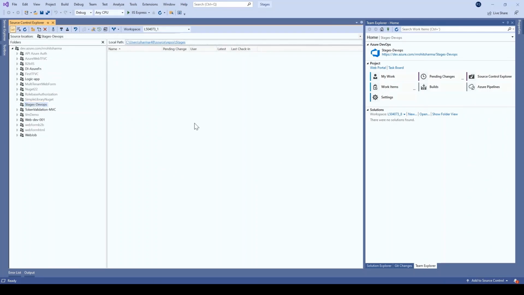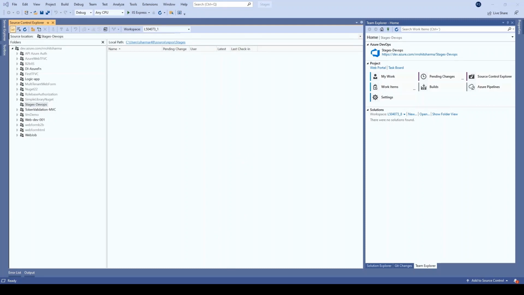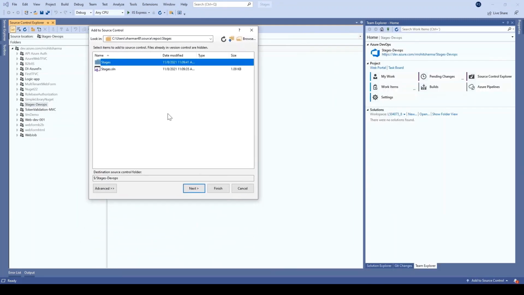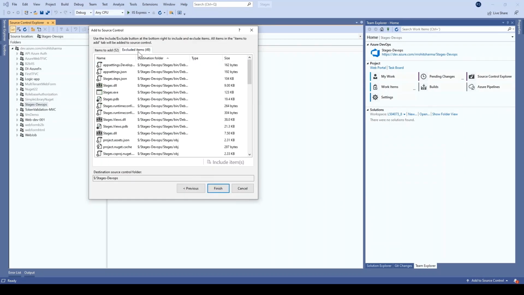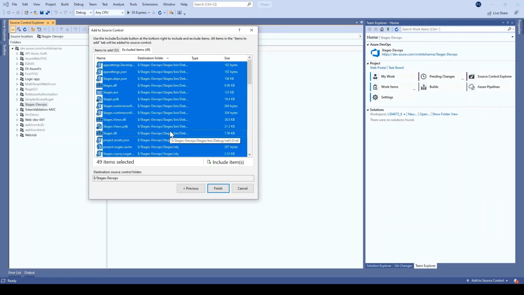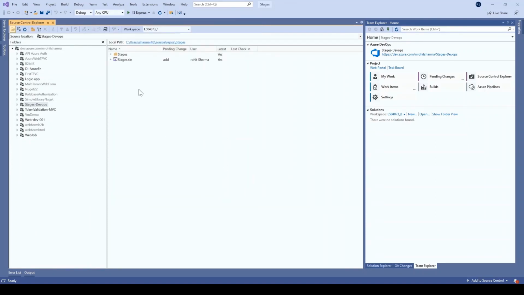Right click on this pane and click on add items to the folder, and select both the folder as well as the solution. Click on next, and click on excluded items, select all and click on include items, click on finish. It has just added this locally, but we have to check in.